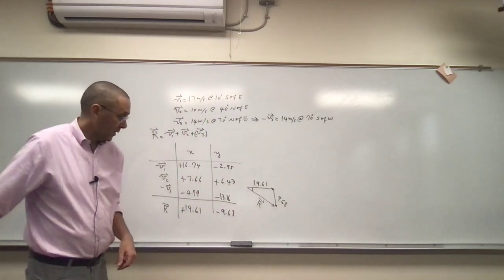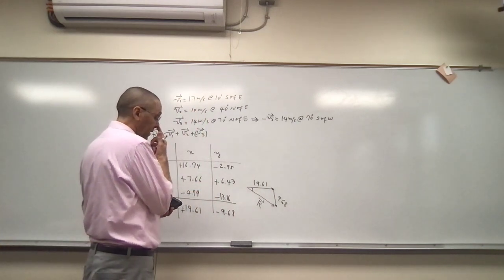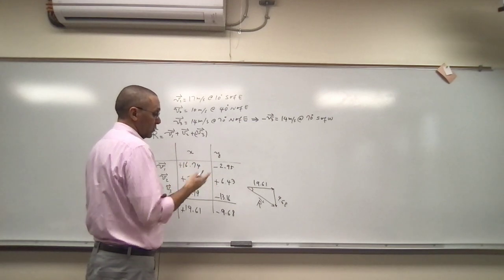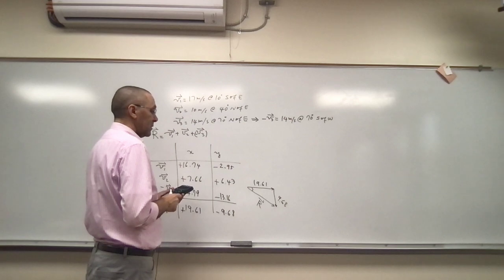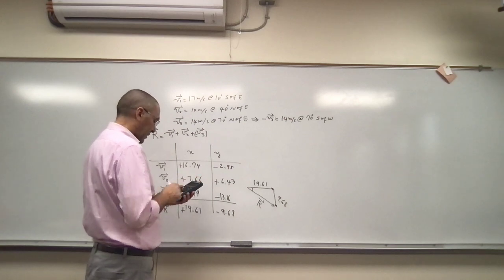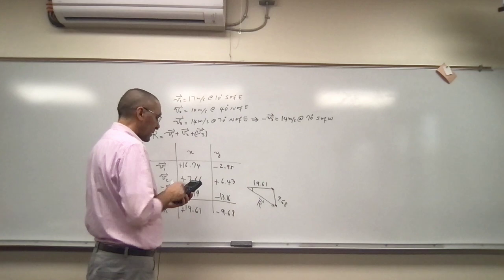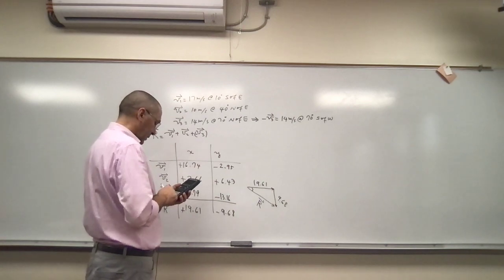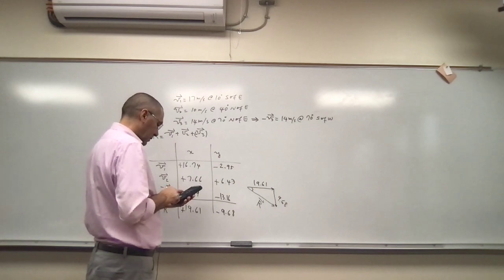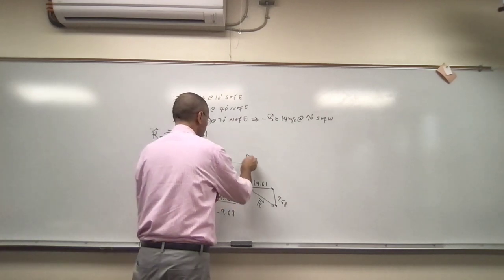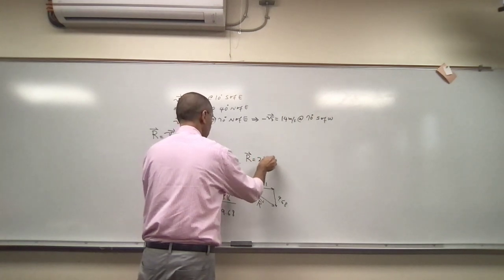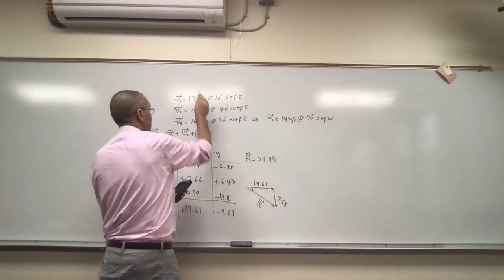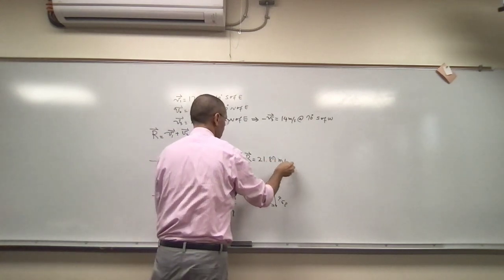Okay, so I have to find this R in magnitude and I have to figure out what that angle is. Now I can do a lot of things. I can find the angle first and do SOHCAHTOA to find R, or I can do the Pythagorean theorem to find R first. Doesn't matter basically. So I'm going to do the Pythagorean theorem. I'm going to take 9.68 and square it, take 19.61 and square it, and take the square root of that. So R is 21.87. The units here are meters per second, so this is going to be meters per second at